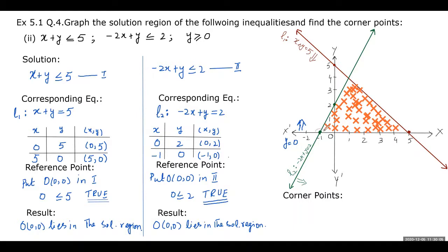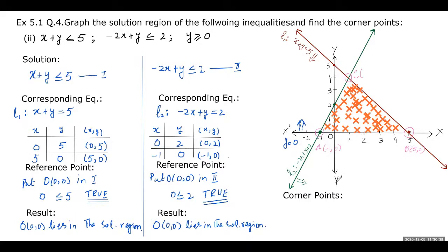So this is one of the corner points. This is the second corner point, and this is the third corner point. The first corner point is A, and I'm naming it as A. Its coordinates are x equals -1 and y equals 0. The second one is named B, and its coordinates are x equals 5 and y equals 0. And the third one is C, and I have to calculate its coordinates